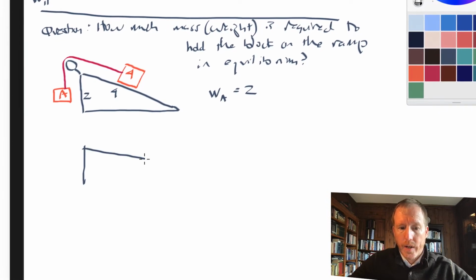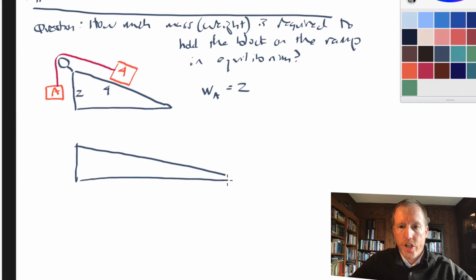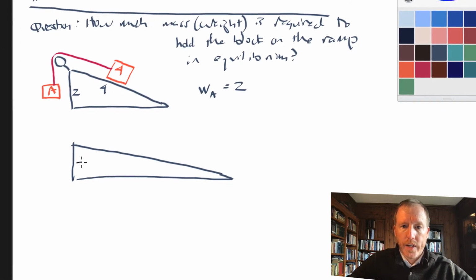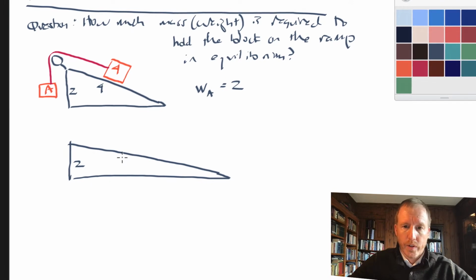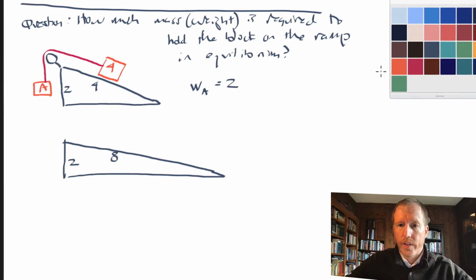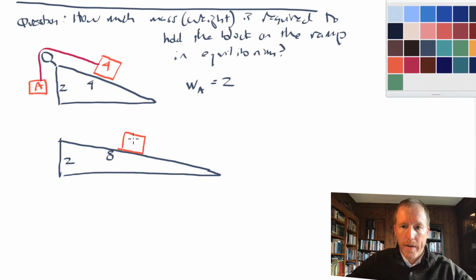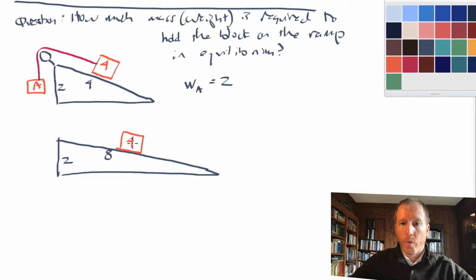Let's suppose that we have a different ramp. This one is a bit shallower slope. Once again, it has an altitude of 2. And let's suppose that this has a length of 8. Once again, I ask how much weight, if I had a mass of 4, or a weight of 4 resting